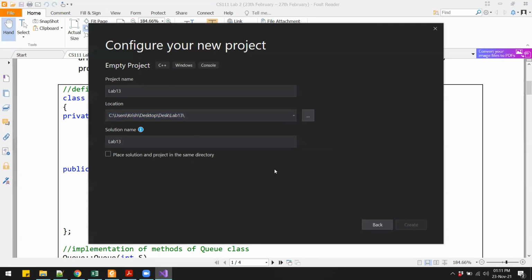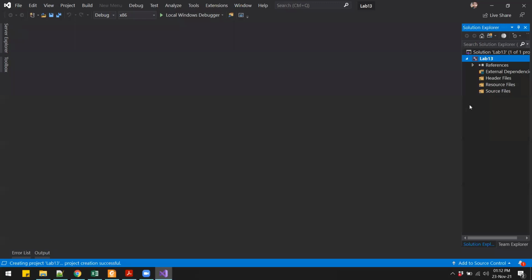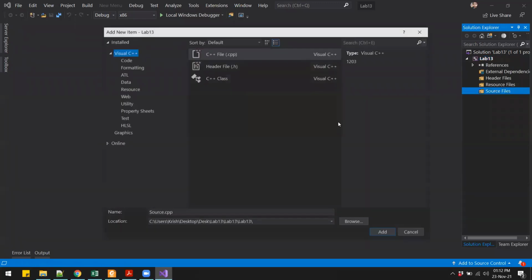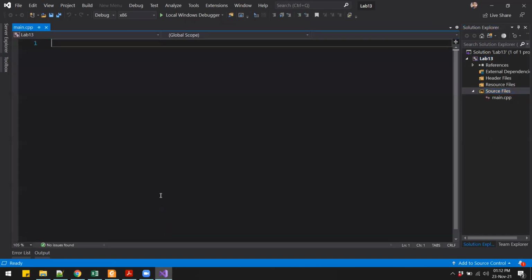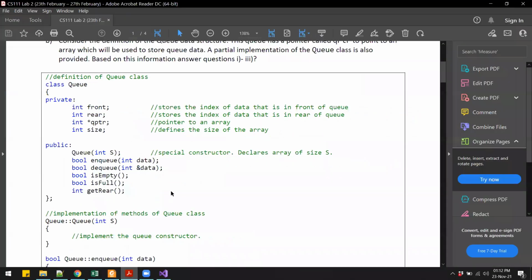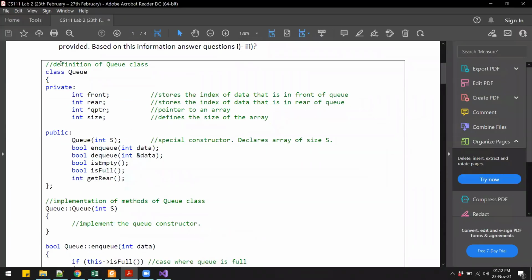Create. Under source files, right click, add a new item. I'll add a C++ file and give the name as main.cpp. Enter. And now I'll copy the entire code from this PDF.